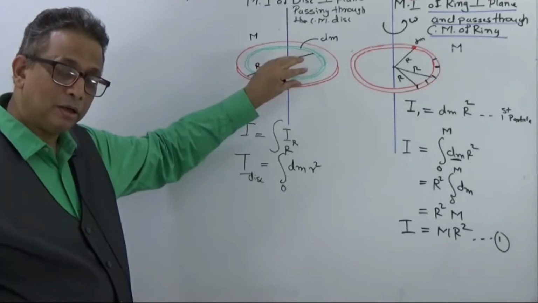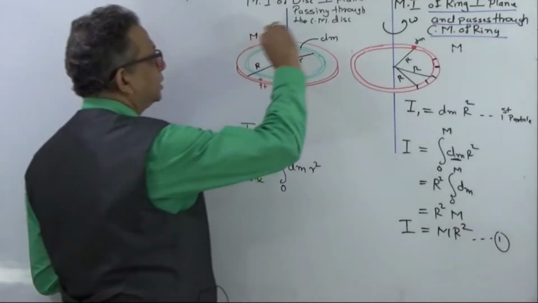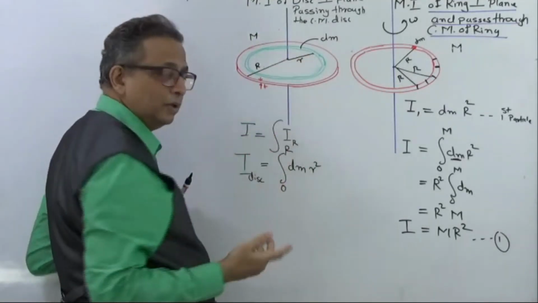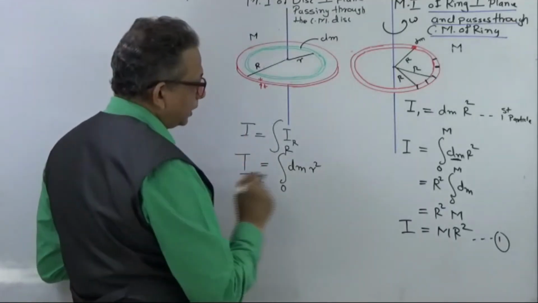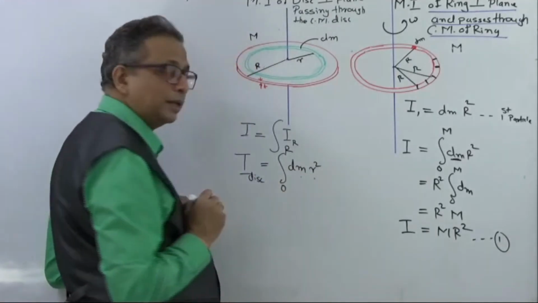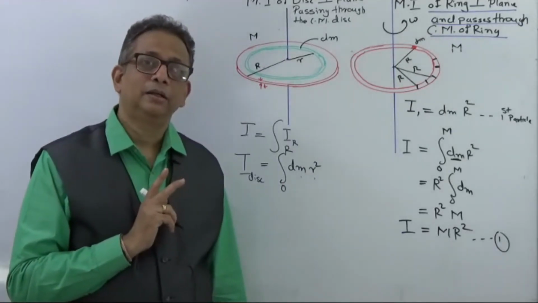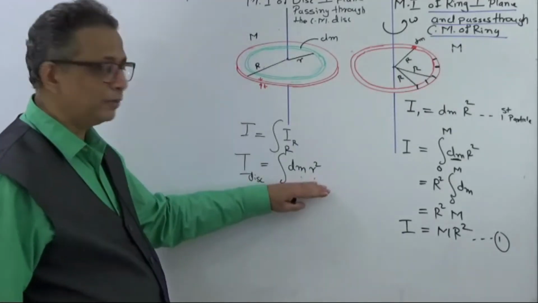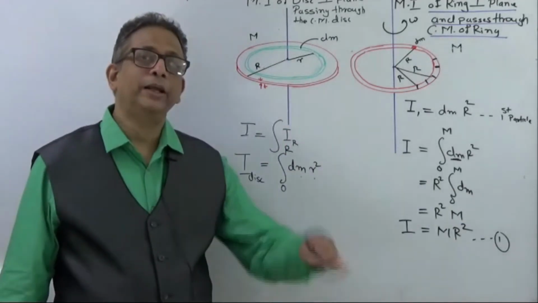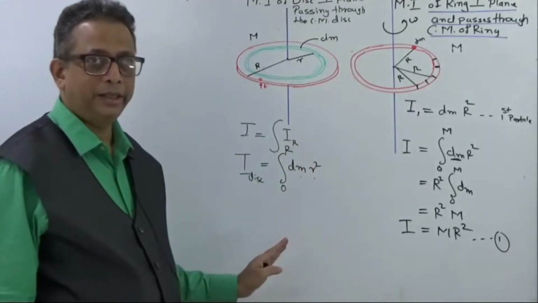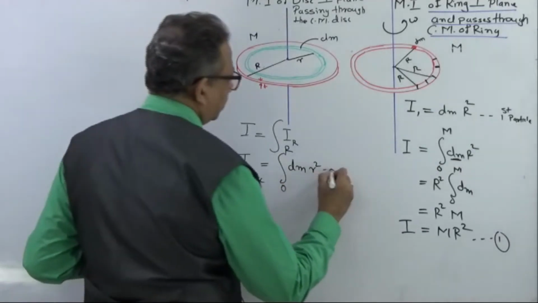and with the new radius, the dm is also changed, because the mass of the external ring and the mass of the inner ring will be different, that mass is dependent on the radius. So there is some relation between the mass and the radius that we have to find out. This is step number 2 while finding the integration of any relation. Whenever we want to add up infinite objects of varying parameters, we use integration. Now this was your step number 1.